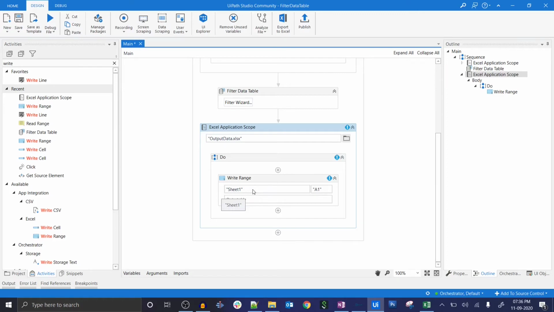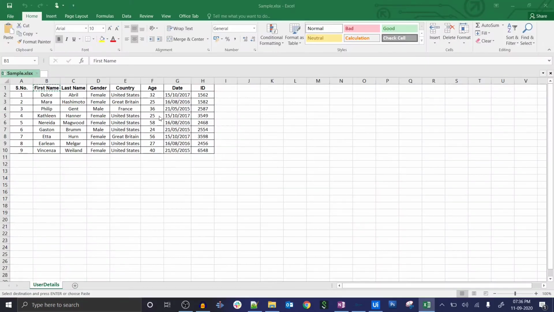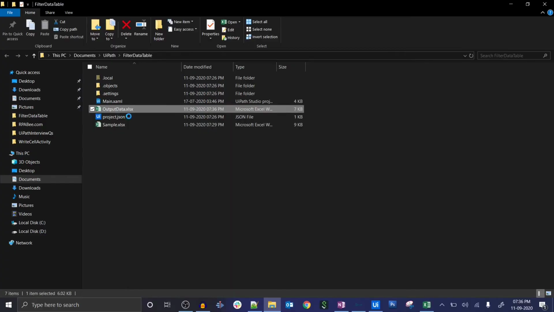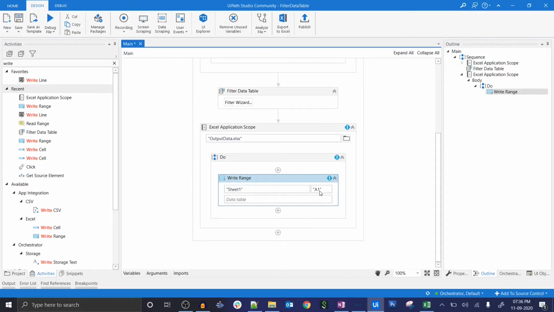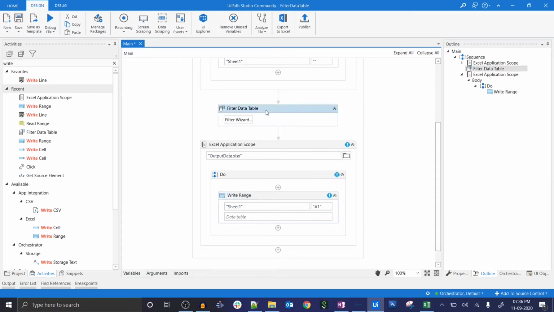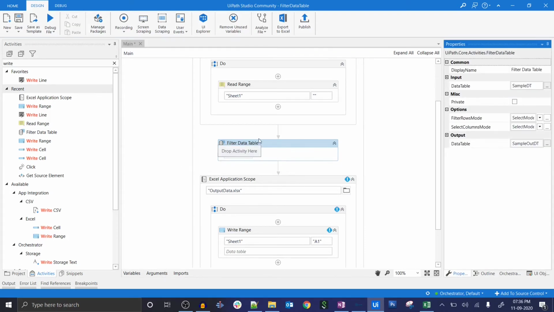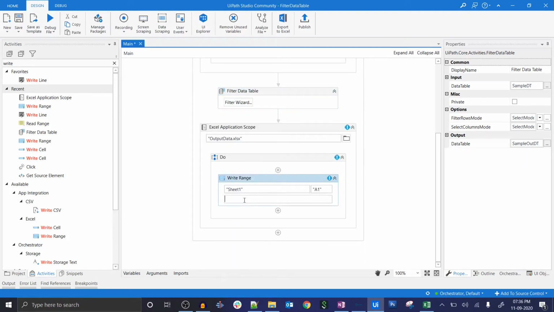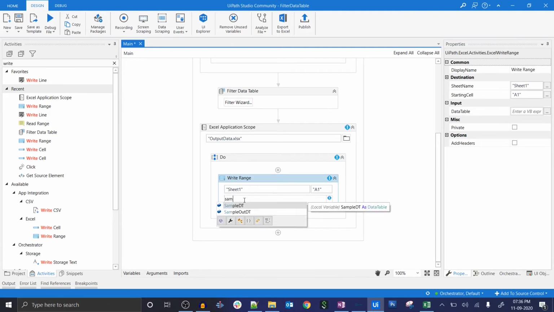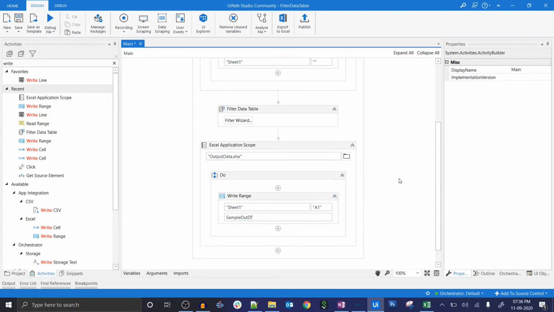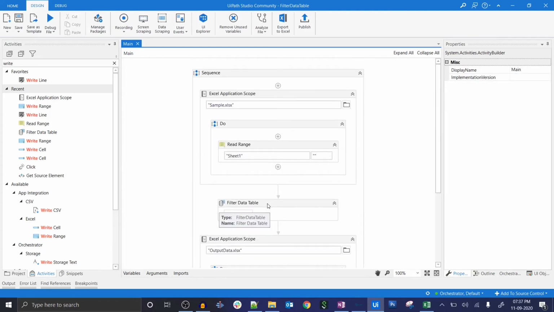Now in Sheet1 of this Excel sheet, we are saying to start writing from here, but which data table do we want to write? After performing the filter operation, we have stored the data into sample out DT, so we pass sample out DT here to write the data in the Excel sheet.